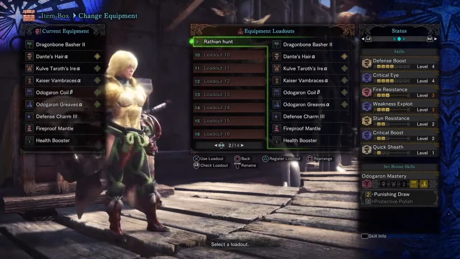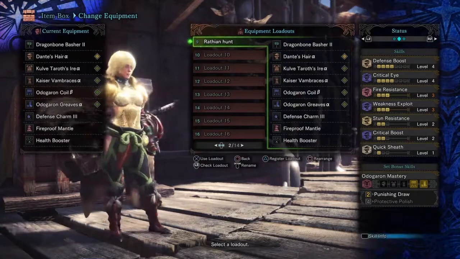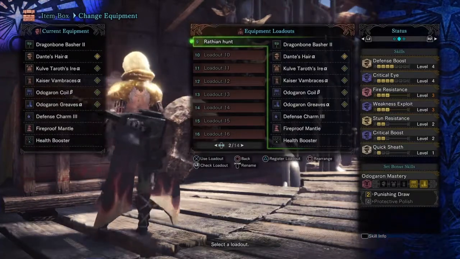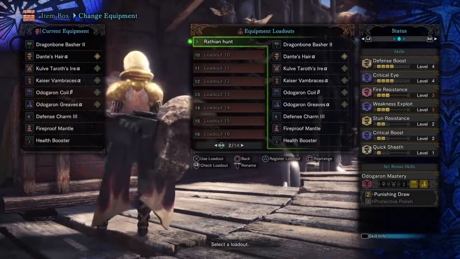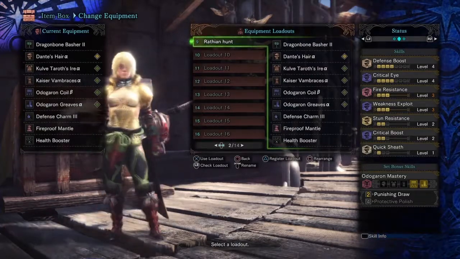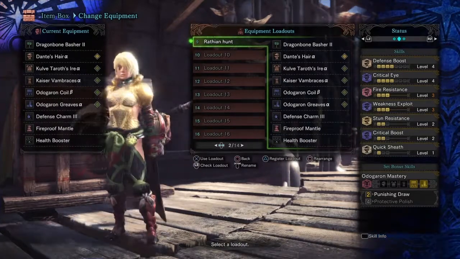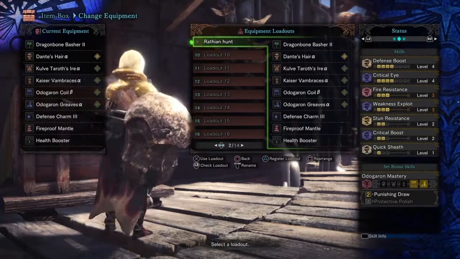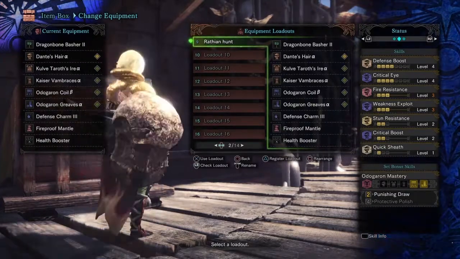So what I've got: defense boost level 4 just for some general bulk. I've got critical eye level 4, weakness exploit level 3 and critical boost level 2, so that when we hit the Rathian in the head or tail, it does a lot more criticals and they do a lot more damage. The fire resistance you see is actually just from gems, so if you would like another elemental resistance or you want any other armor skill, feel free to swap that out,